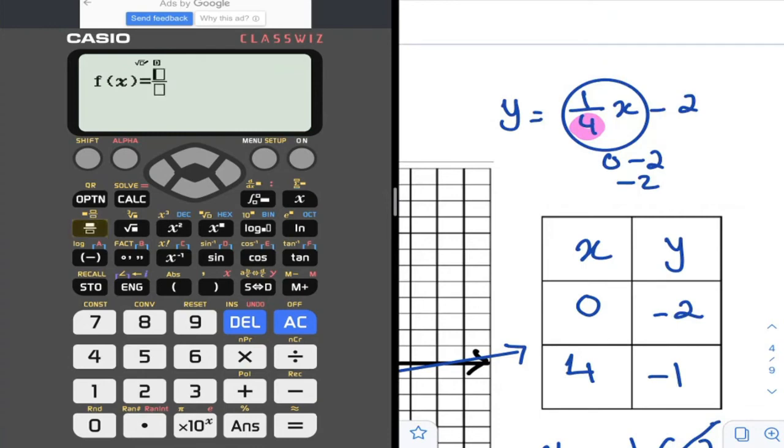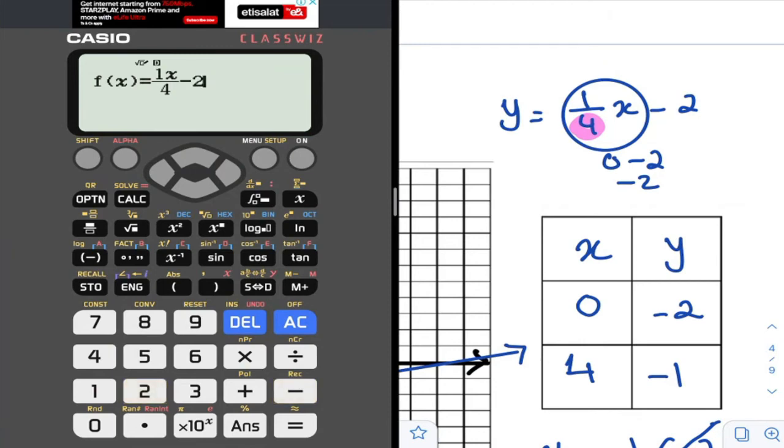If you want to write it in fraction form, then I press 1 over 4. And then I'll go up to x. Use the cursor to go up to x, and I will write x. How can I write x? There is x on the parentheses here, up, and you have to use the red icon, which is alpha. So alpha x here means 1/4 x. And then I'll go down to write the rest of the function, which is minus 2.